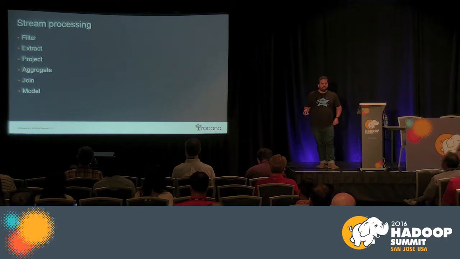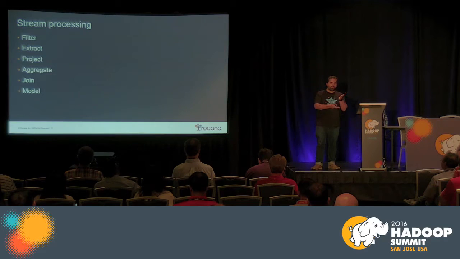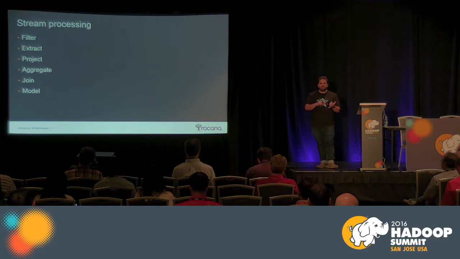Projection is basically what happens when you run a select query on your database. It's all of the columns that you're actually selecting, or in some cases, you may be taking nested records and flattening them for particular purposes, either for storage or for analysis. Aggregation implies grouping and time windows. That's really key for any kind of real-time log or metrics analysis. You need to see numbers in real time, aggregated over time, in order to make intelligent decisions about what's happening